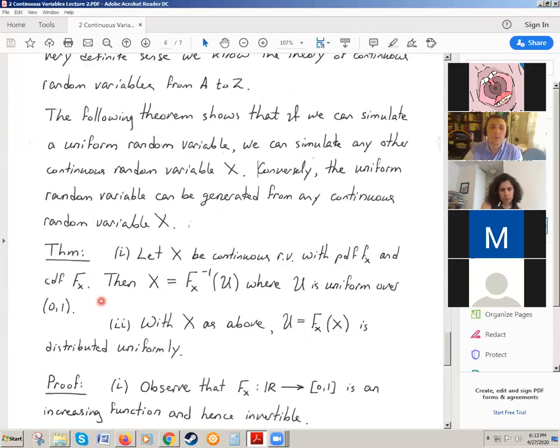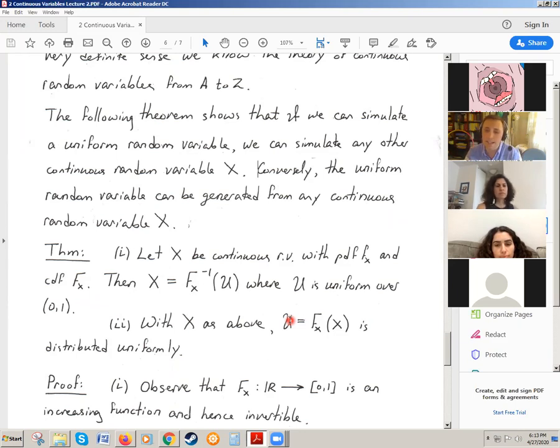The second claim is that if I'm given any continuous random variable, I can use it to simulate a uniform random variable. Okay, so if I have a phenomenon where I'm able to simulate a continuous random variable x, I can use it to create a simulation of a uniform random variable. So as long as I have one continuous random variable, I can get to every other. So they are in some sense isomorphic to other variables. They're all very much the same, logically the same.